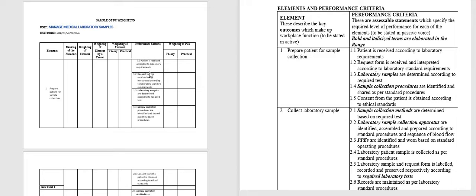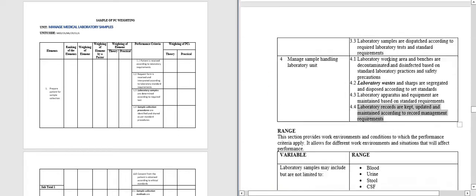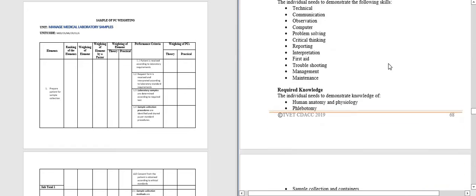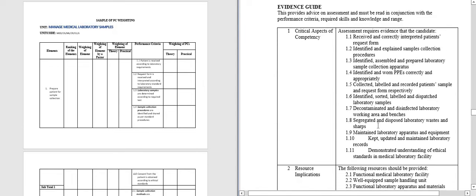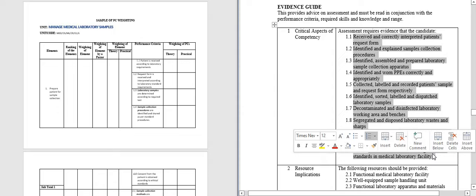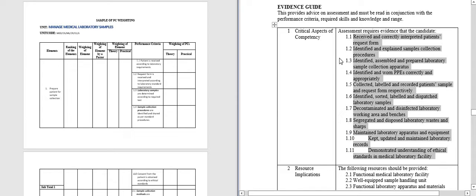So we said that we are going to use the critical aspects to do the weighting. So on using the critical aspects, you come here, come to your OS, scroll all through the place where you'll get the evidence guide, the critical aspects of competency. So these are very critical. There are 11 of them. Let me just copy them here, then show you how we are going to look at. Or let me just leave them here, and then we are going to compare them